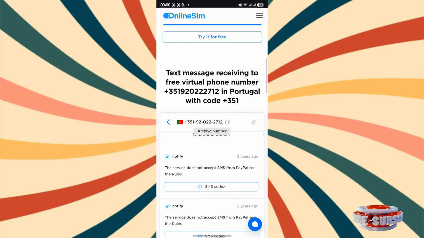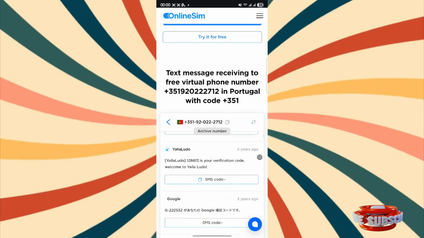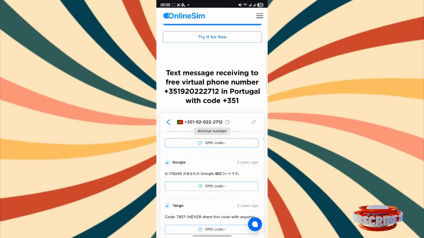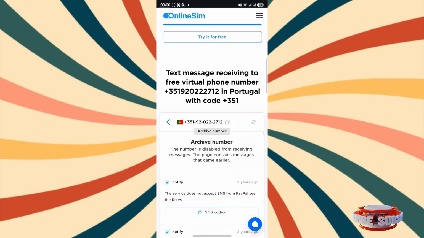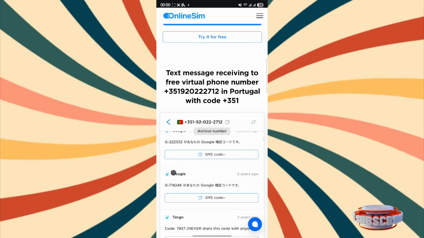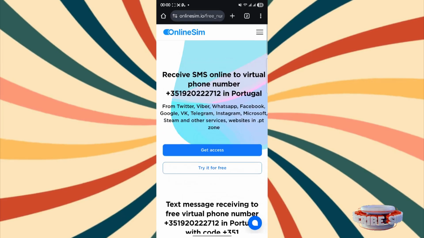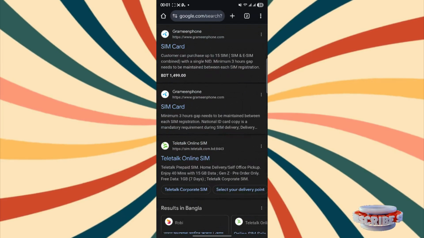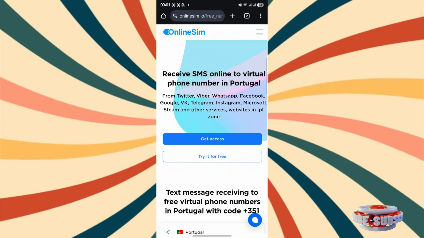As you can see, it is written that this service doesn't accept SMS from PayPal, see the rules. So there are some conditions. You can just simply copy the number and paste it on the